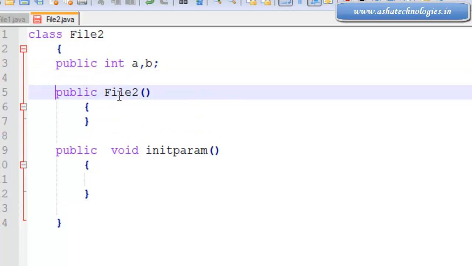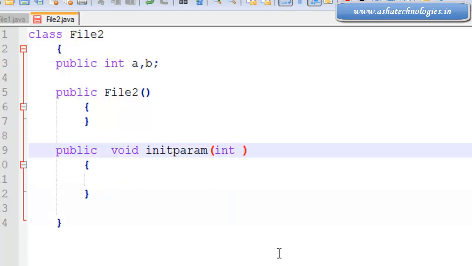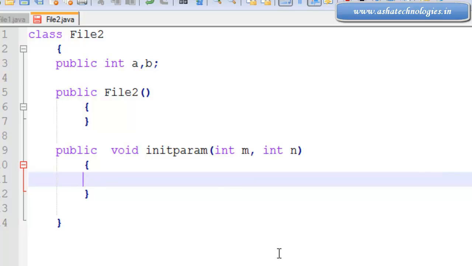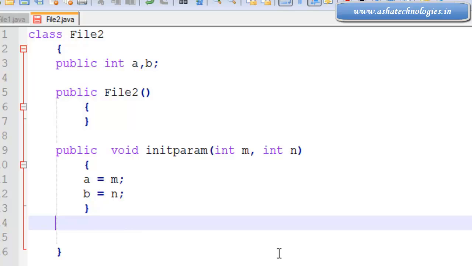And after this, init param is a method which can hold the variables, the parameters, int m comma int n. And here I'm going to use a equals to m and b equals to n. And after this I'm going for the method public void